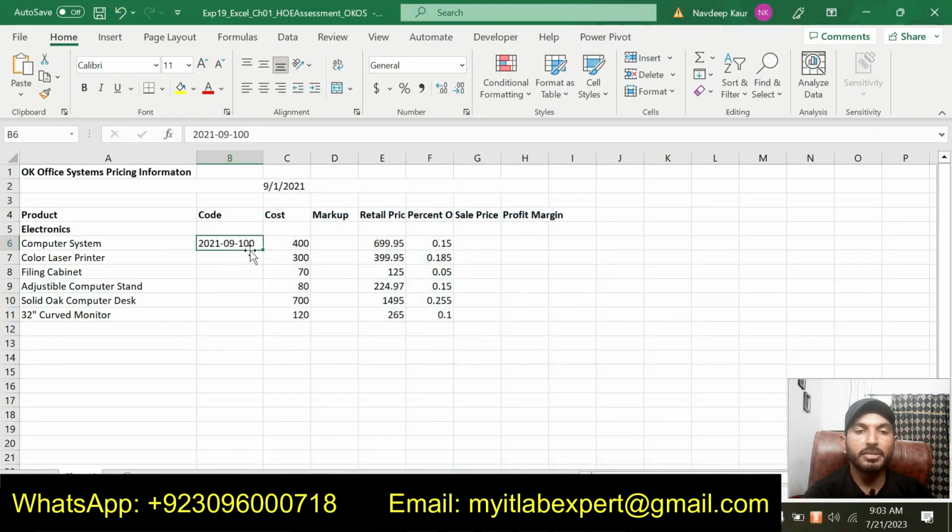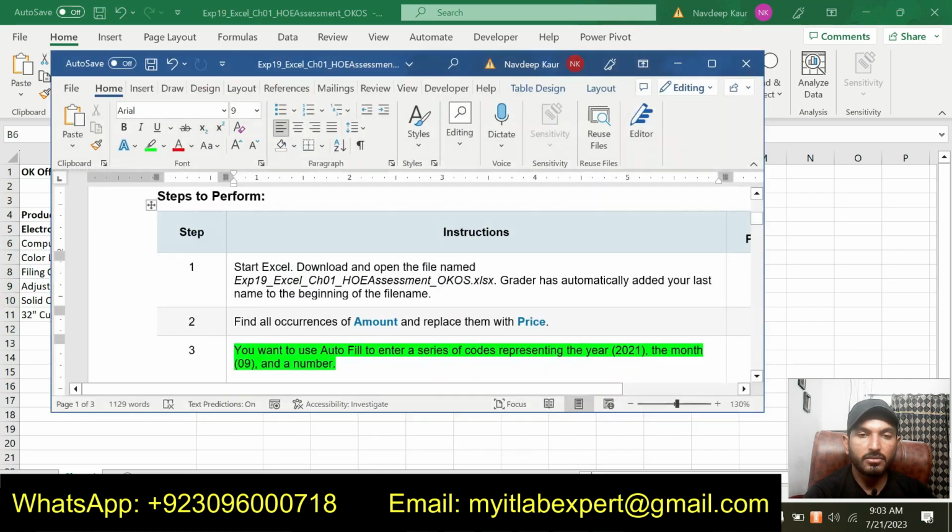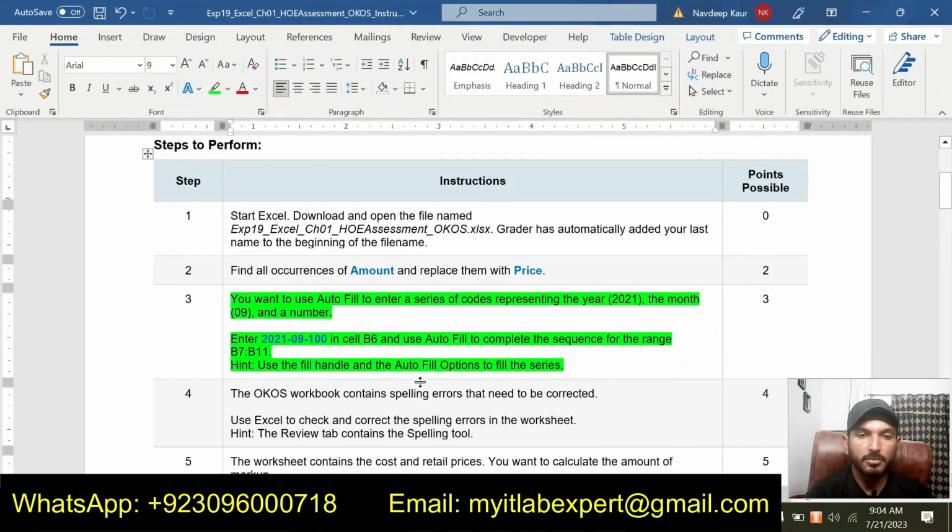Now we are supposed to complete the series, and we will make this a fill series. This is what is required in step number 3. So we have completed step number 3 as well.